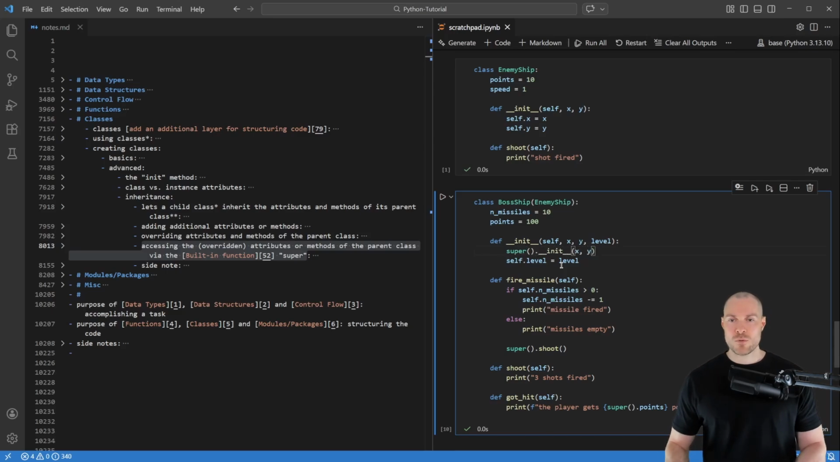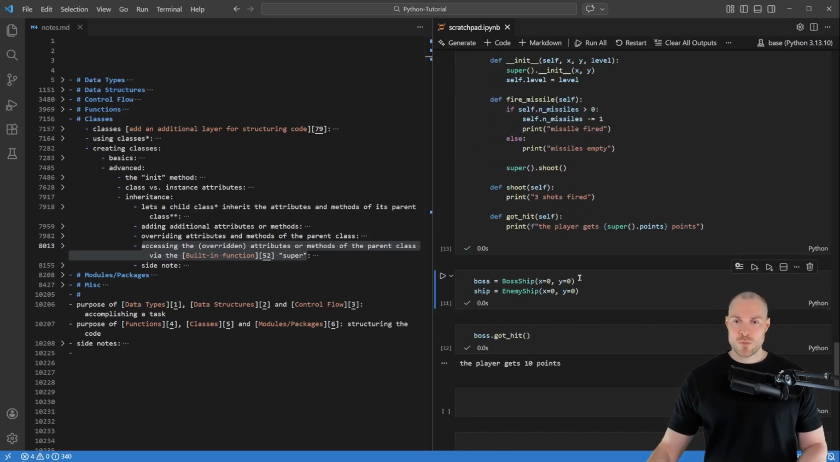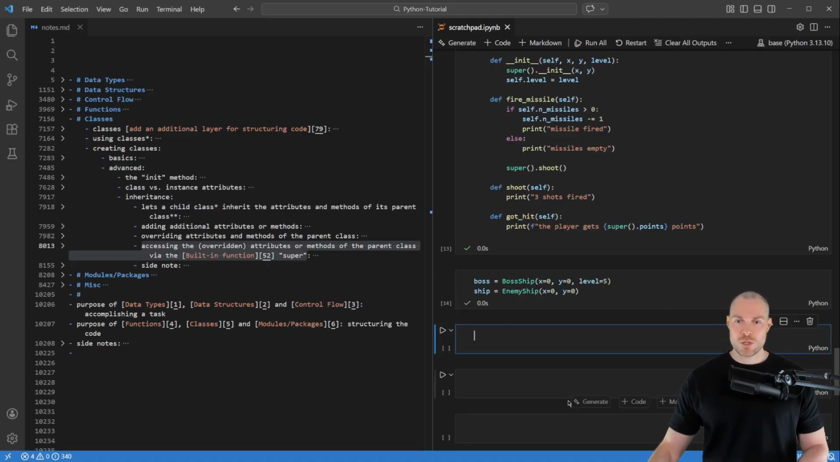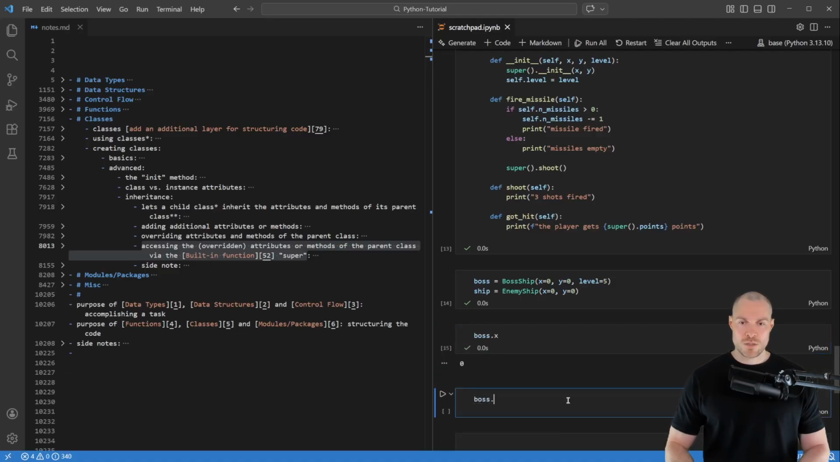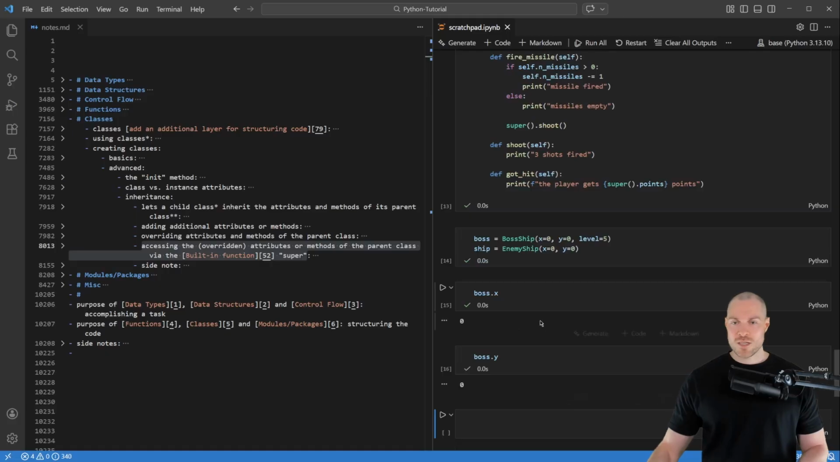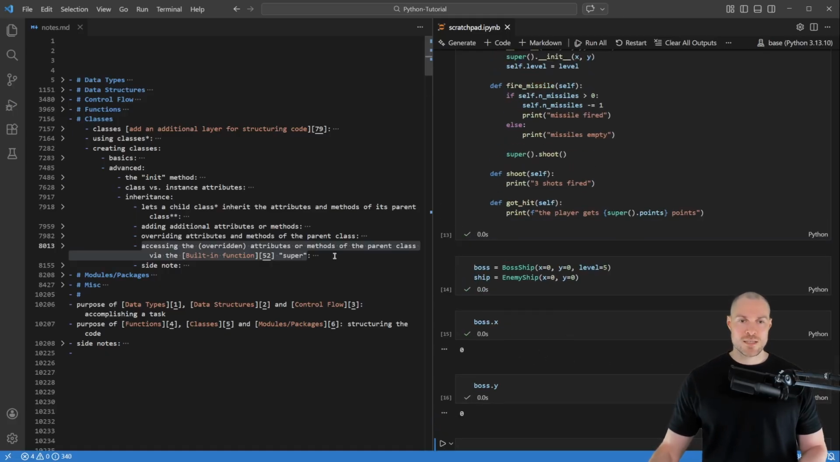So now if you run it like this, then we have to also specify the level. So let's say the level of the boss ship equals 5. And now let's see if this init function of the boss ship worked. So therefore let's simply look at the x. So boss.x and then also boss.y. So as you can see, this has worked. Okay, so this is how you can access the attributes or methods of the parent class via this built-in function